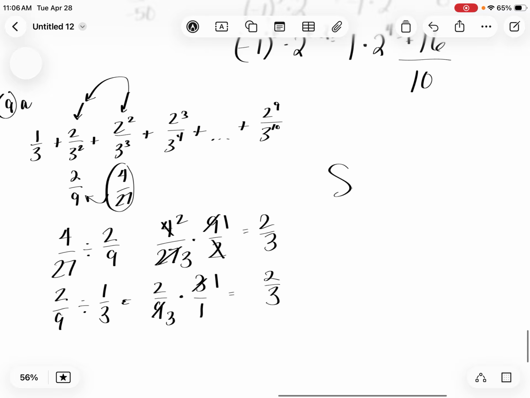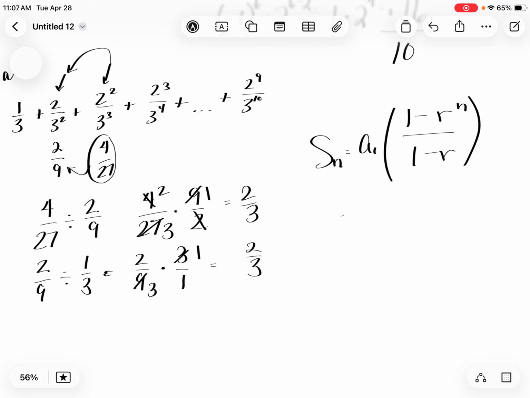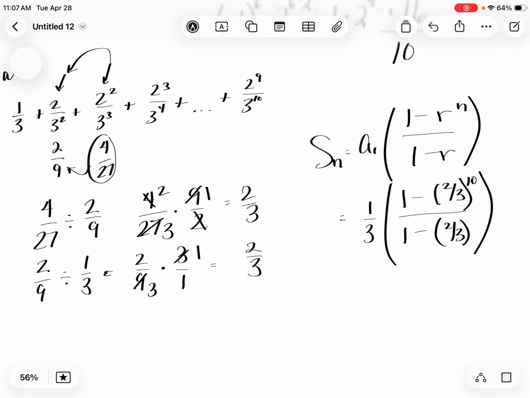So when I'm finding the partial sums, remember we take A1 times 1 minus the R to the n over 1 minus R, because this does not go on forever. A1 in this problem was 1/3. 2/3 was the ratio. And when you're looking for how many numbers you're doing, if you look at the bottom, it goes from 3 to 3 squared, 3 to the third, 3 to the fourth, all the way to 3 to 10. That's 10 numbers. So when you type this in,